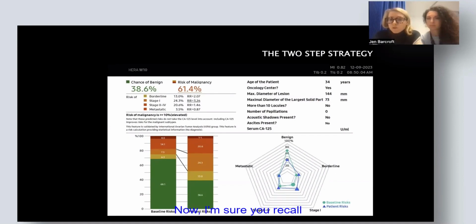Now, I'm sure you recall, and we've been through these features this morning, but there are a number of clinical features and ultrasound features that go into ADNEX to generate a score. You'll note here that we've got CA125, and it's not included in this case. CA125 is useful when we're thinking about, we can use the ADNEX without it, but when you add it in, you'll see in a moment, it gives you a little bit more information about the possible staging, as in not only what do we think the type of mass is, but what stage if we think it is